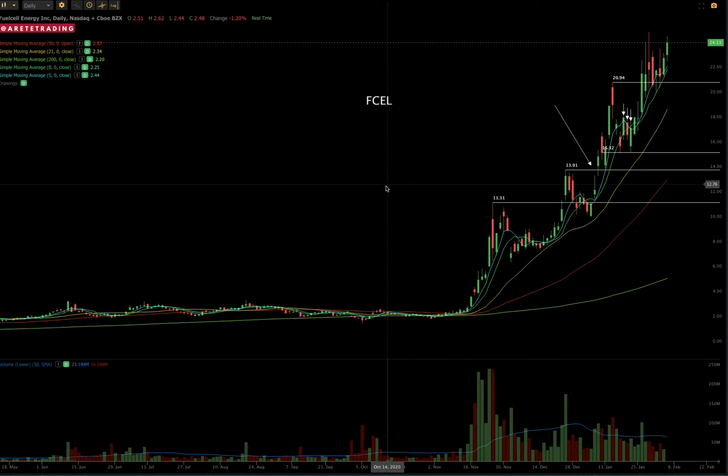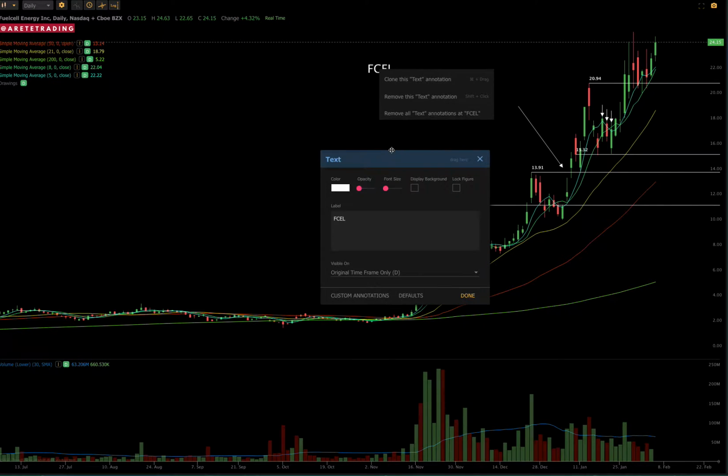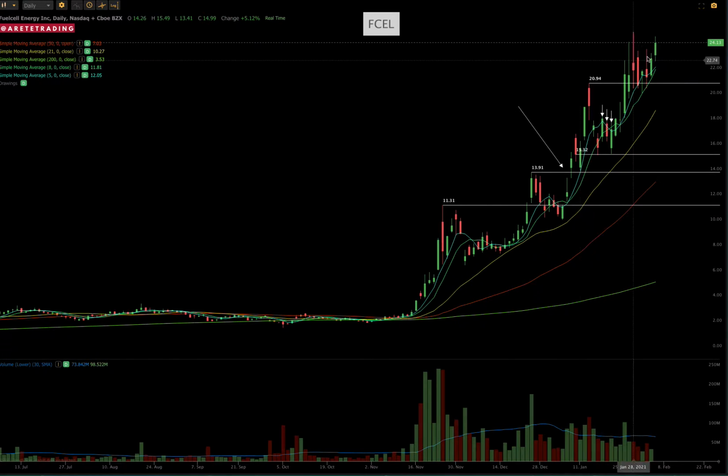So I mentioned this today on fuel cell, and one of the key things that I saw here that I thought was really important was the movement off the open, right? So here's our open, and we're basically trying to gap up. And usually this is called a screw bar to some extent because people panic and they can't get in it. So when you see this, sometimes you just have these gap fills that come back, right? You see how this bar comes back down here, fills where it once was,